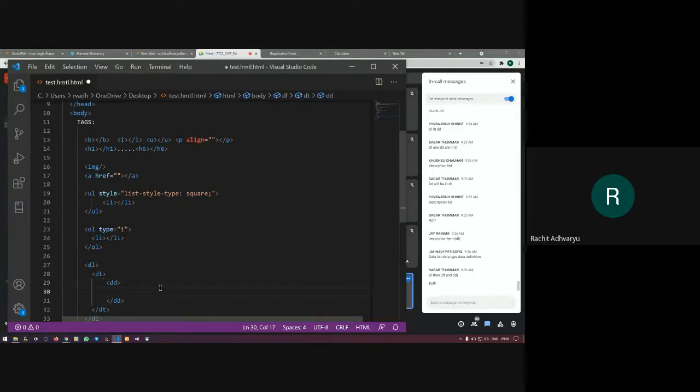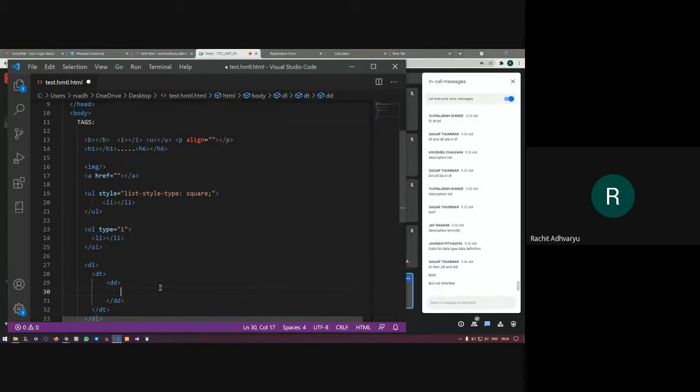Don't worry. So DL stands for description list. It defines what type of list you are going to create. DT is for data term or data type. That means what you are going to say here is what type of data you are going to display in this part. And then DD actually contains that particular data, that is the definition of the data. So let's say the description list is hotel items, DT is Punjabi, and DD will maybe contain all the Punjabi items in your list. So this is how your definition lists will be generated. Moving on to the next.